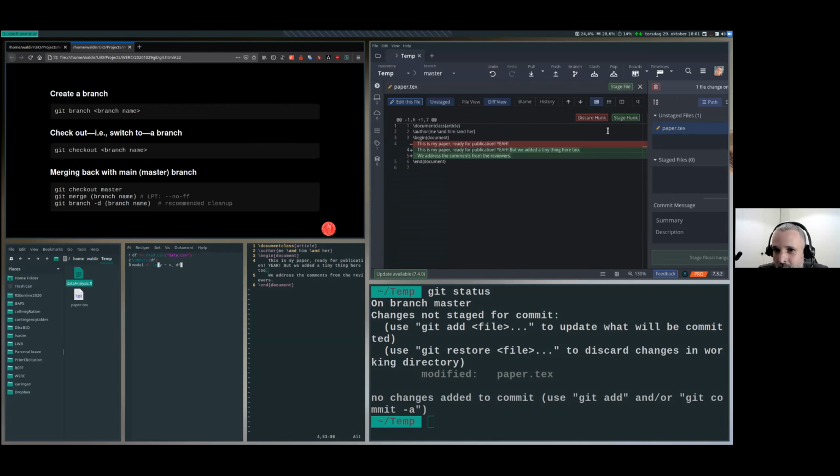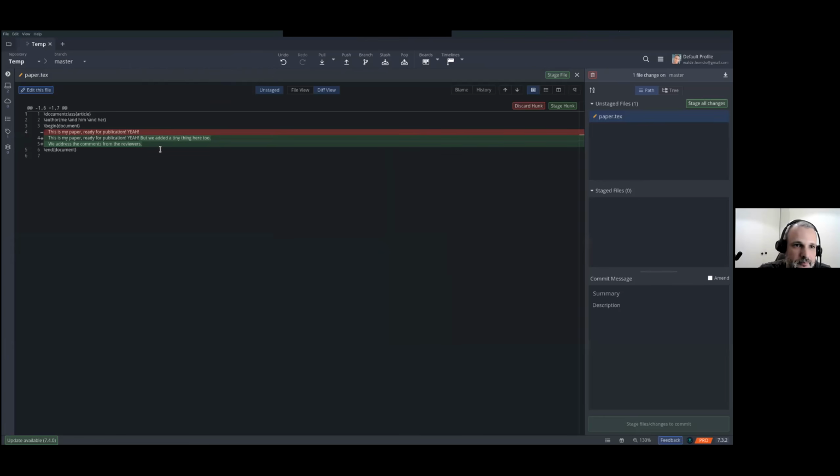Let's create a commit here. So you can see on GitKraken that it explicitly put a lighter shade of green, because it's just saying that this was the text that was added. Let's stage this change and commit. Address the